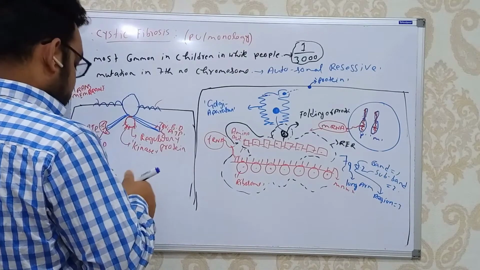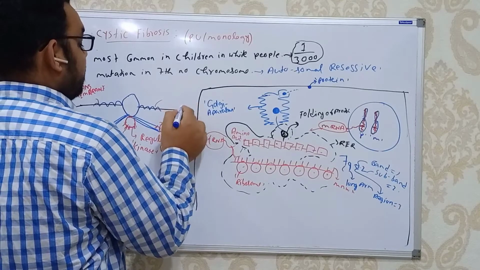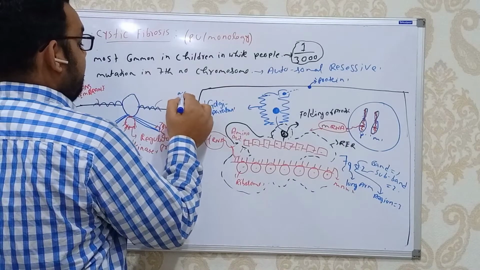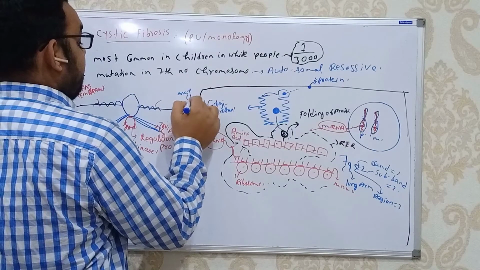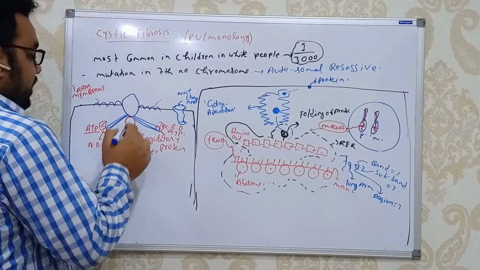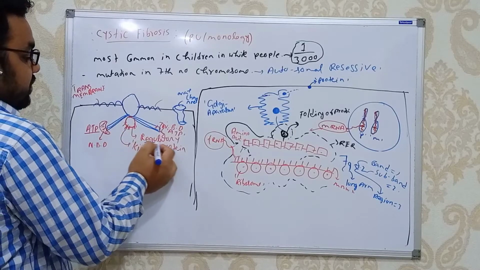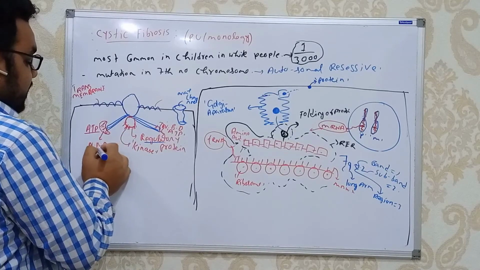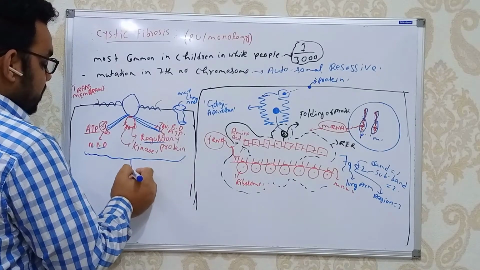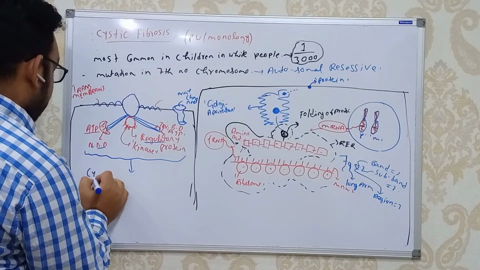And we have to know this thing also, that on these sides there will also be a kind of channel, a sodium channel. The sodium channel. Whatever the functions we will see, actually, whatever we are seeing: this transmembrane part, then this regulatory protein part, then this nucleotide binding domain. All the three things together, this whole complex is known as cystic fibrosis